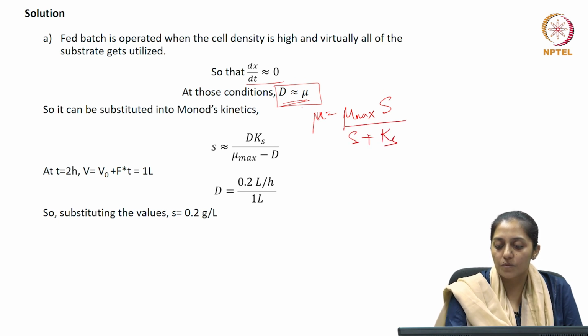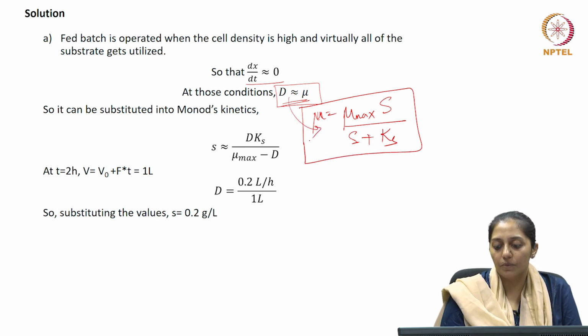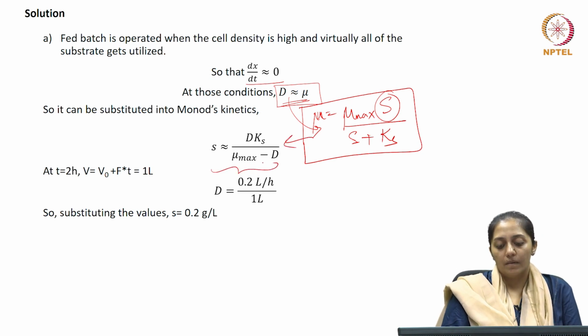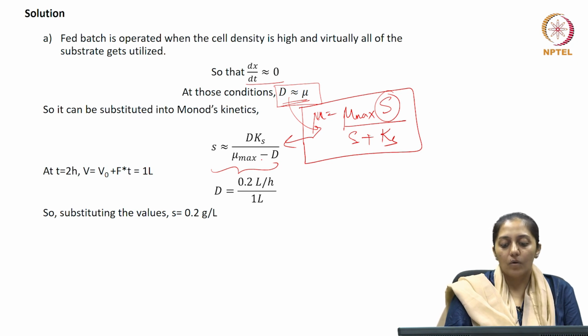so this is Monod's model, and now if we substitute D in place of mu and rearrange this equation to find S, your S in terms of D and the model parameters is obtained as shown here, which I have underlined with a curly bracket. Now,